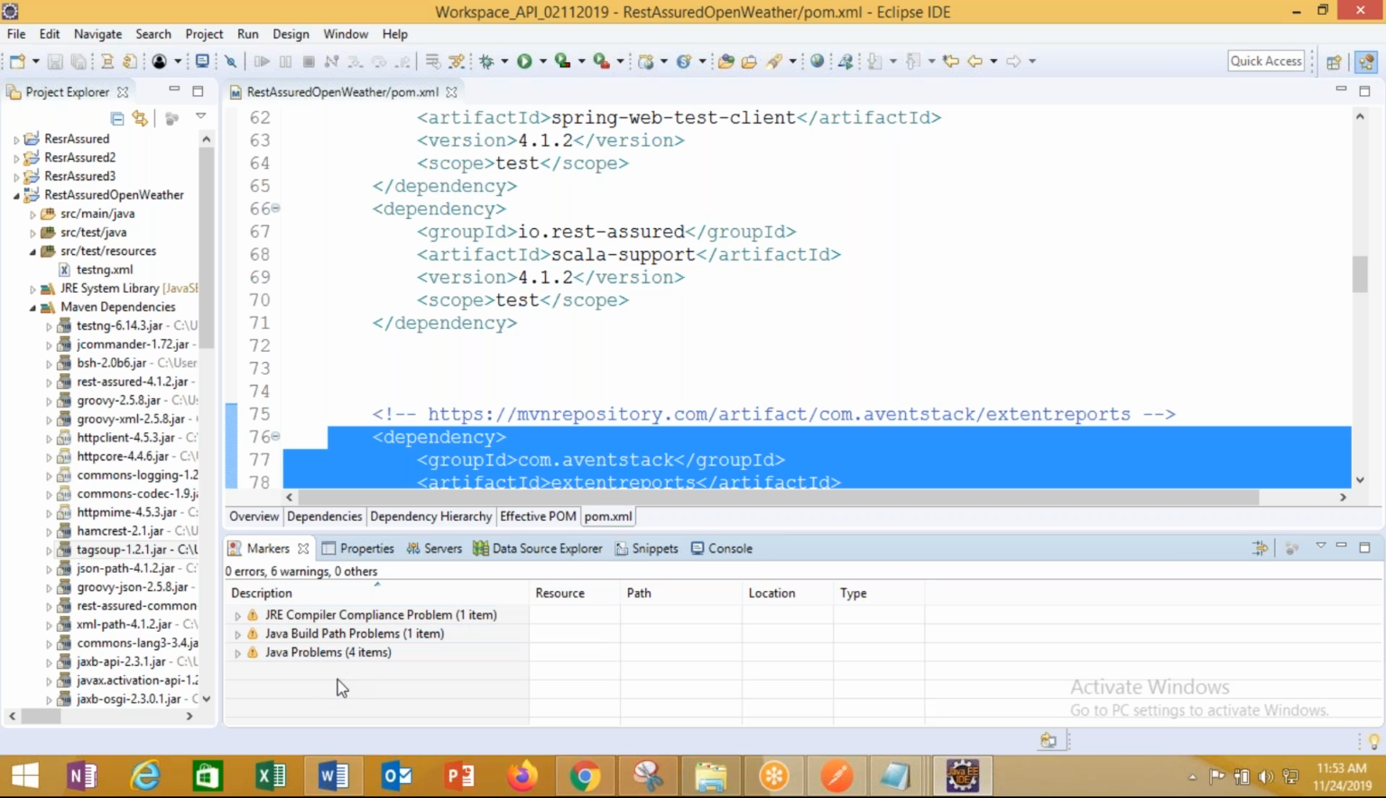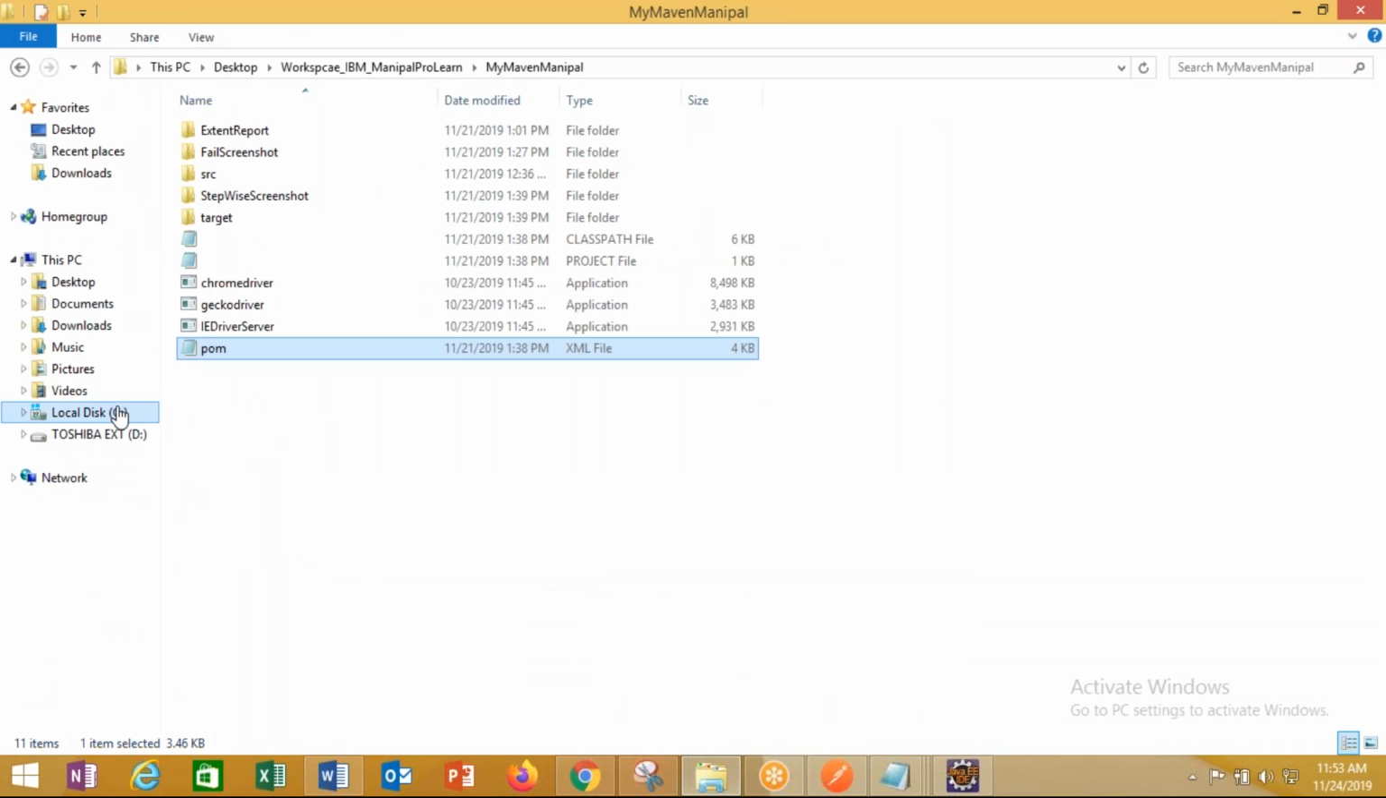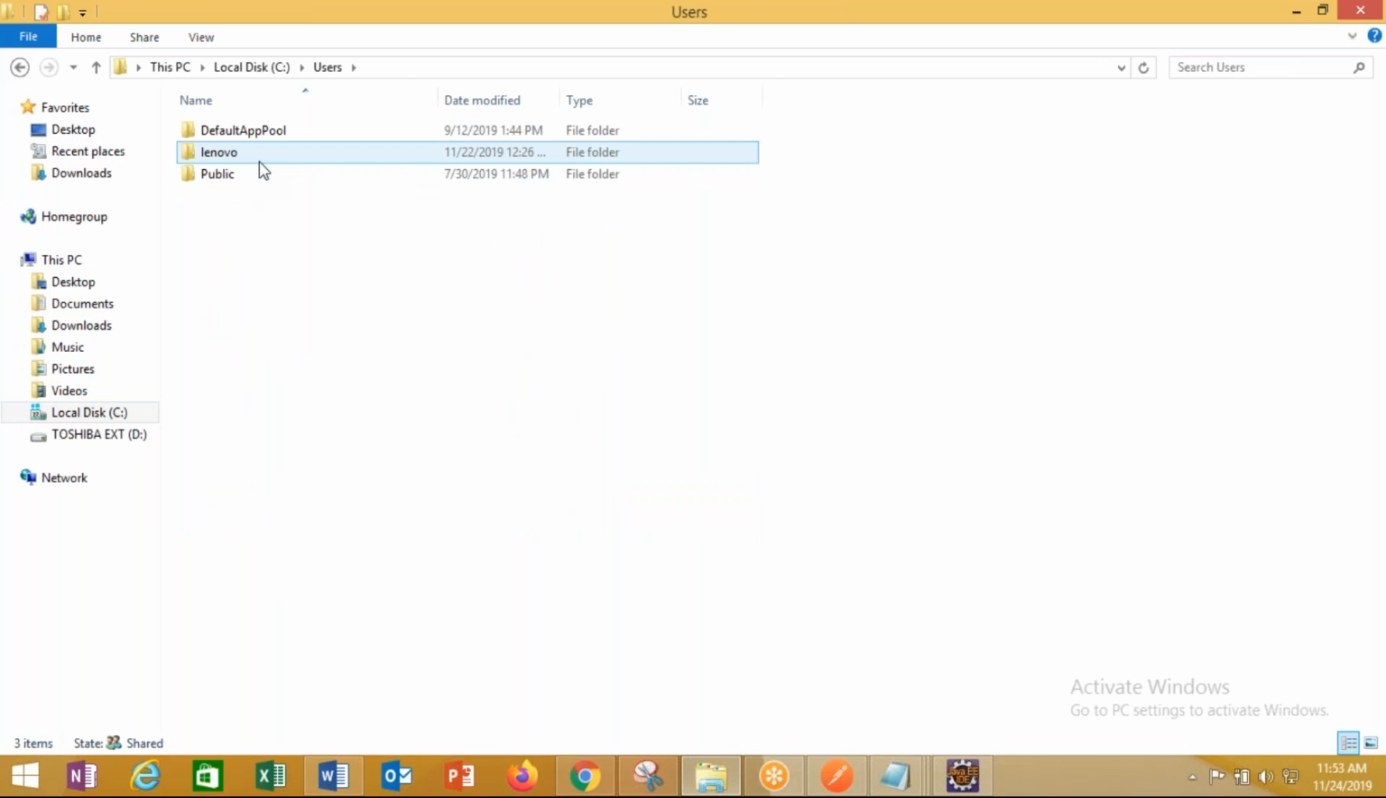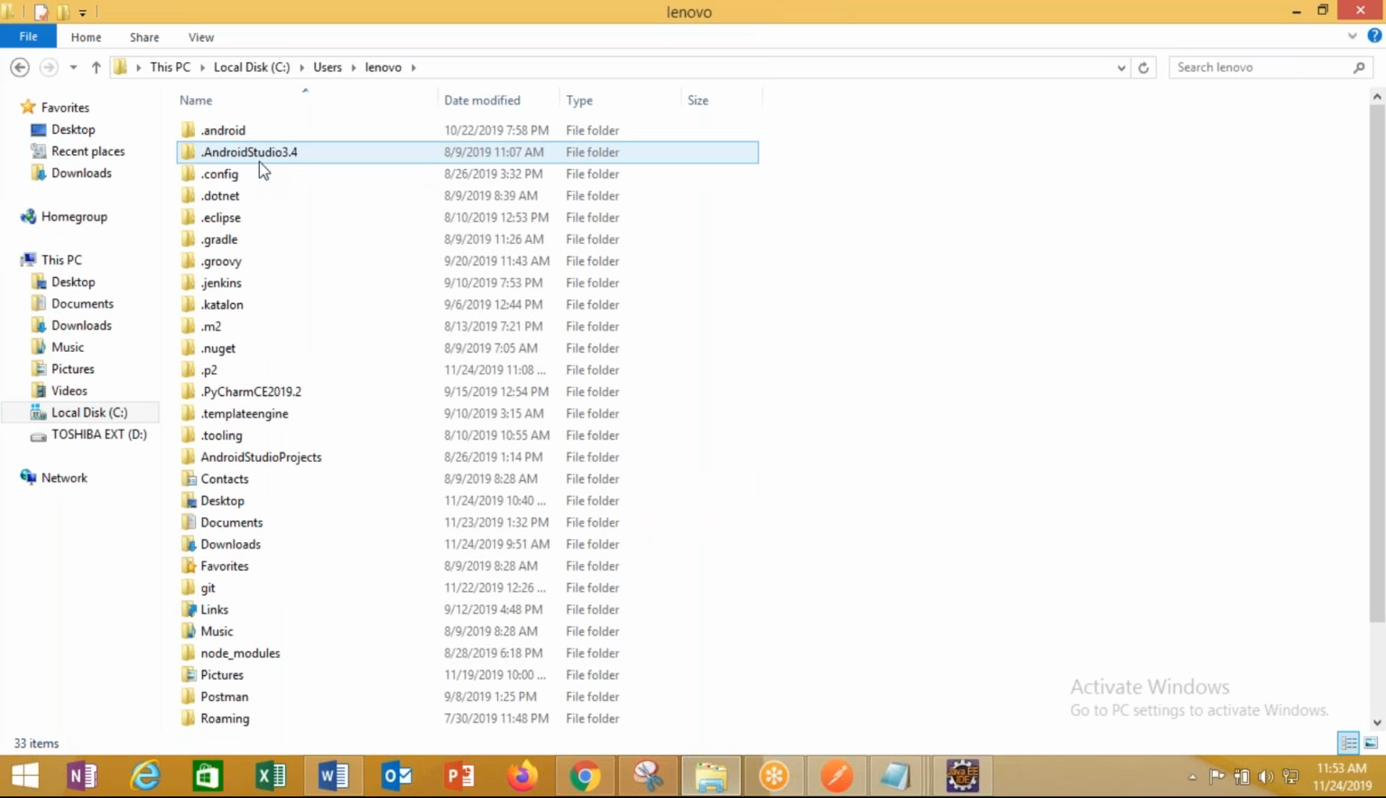So if you see a Java problem or Maven problem, simply what you need to do, I'm telling you these facts: go to the drive in which you have your OS. My drive is C drive. Go to Users. I'm logged in as Lenovo. There's a .m2 folder. All the jar files that are downloaded by the dependency are kept in this particular folder,